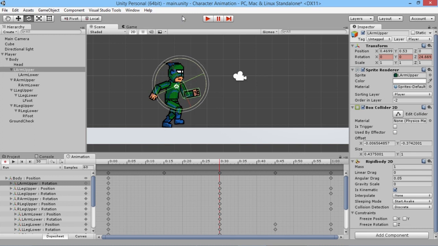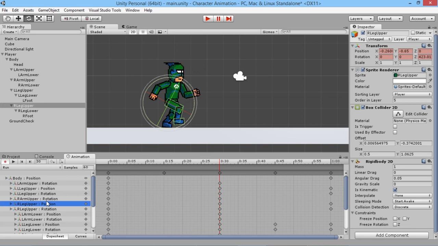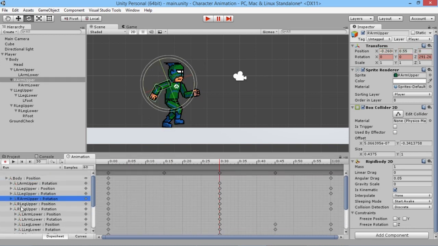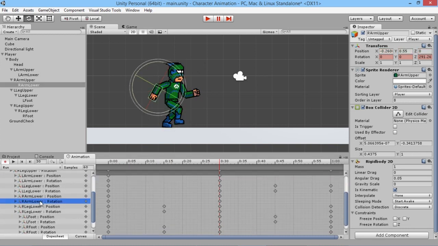There we go. If we go back through, see, now we can see his run a bit better and more sensible. On our right arm lower, there we go. So our right arm lower is this frame here, so we're going to delete that one again,